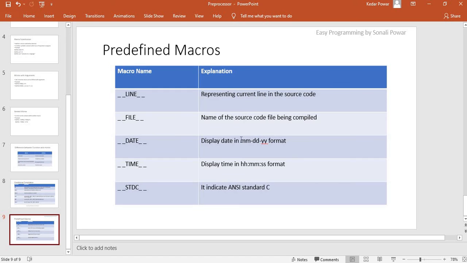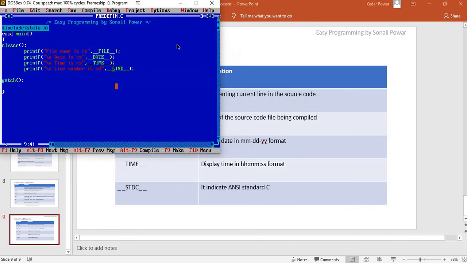After that, date returns the current date, time returns the current time. After that, stdc returns whether you are using the standard C or not. It returns 0 or 1. If you are using standard C, at that time it returns 1, otherwise it returns 0.